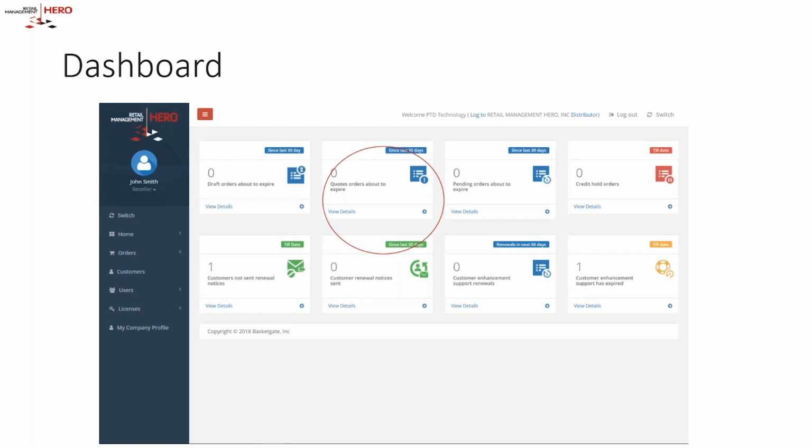The drafts and the quotes, our operations team can visualize them, but they will never process any order that is either a draft or a quote. And please note that the drafts, the quotes, and the pending orders are valid for 120 days. So if for whatever reason you haven't processed them in 120 days, those orders will be automatically taken off the system because prices change and conditions change,